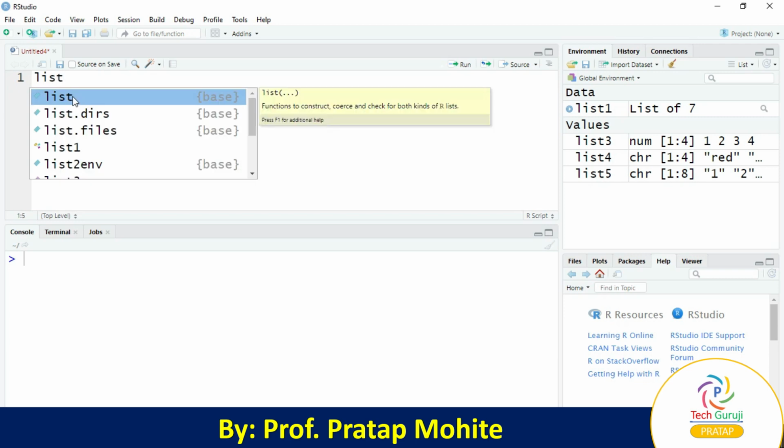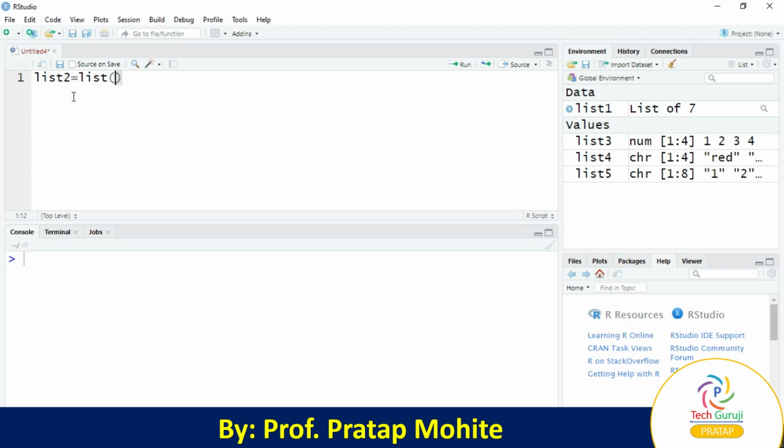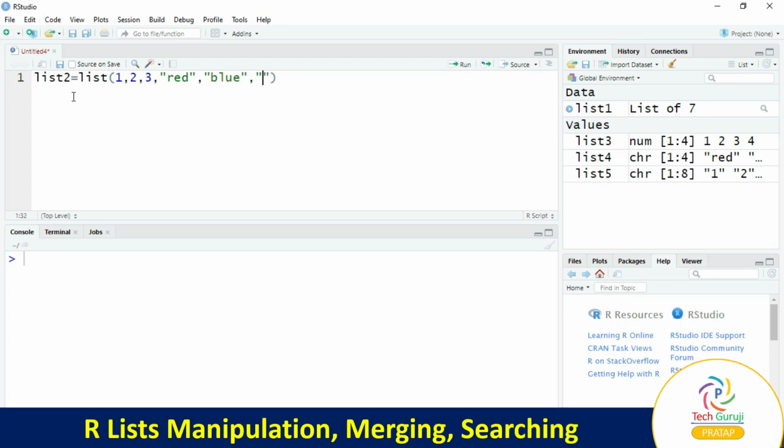List2 is equal to, we'll take the function list, into the bracket 1, comma, 2, comma, 3, comma, red, comma, blue, comma, black. So the list contains 6 items. We'll print the list. So print list2.